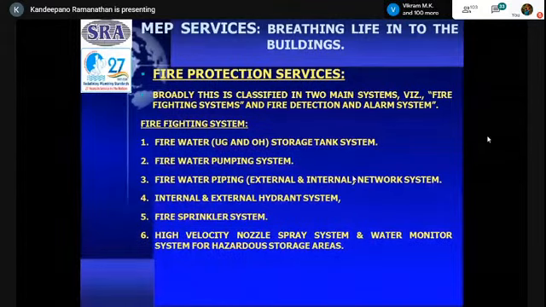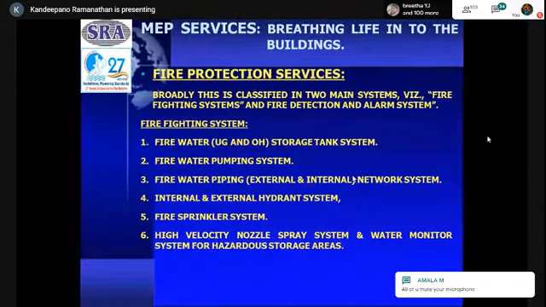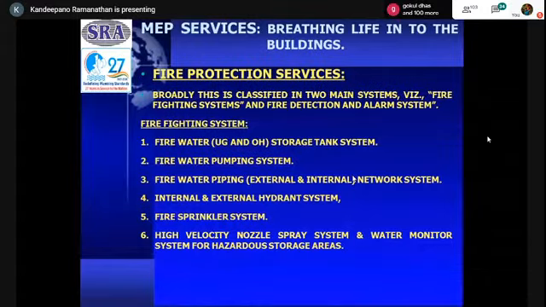Okay, I'll continue. High velocity nozzle spray system. This is for storage yards, LPG bullet storage yards, or you can see Indian Oil storage yards where they have huge tanks storing flammable petroleum products like diesel, kerosene or petrol. To cool down the tanks, they have